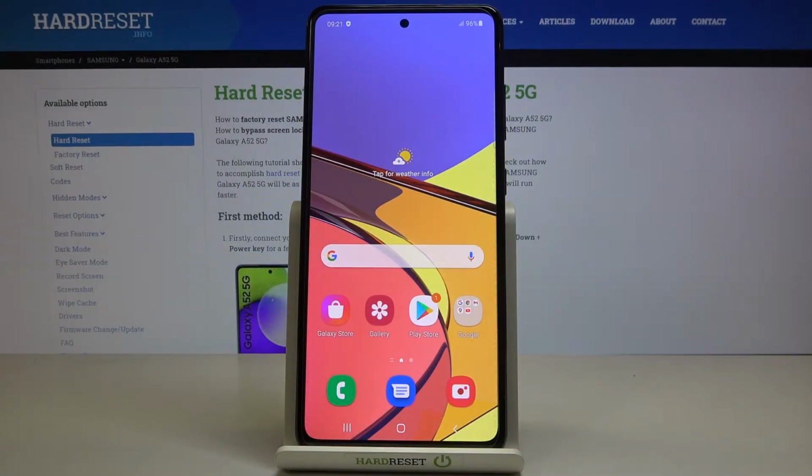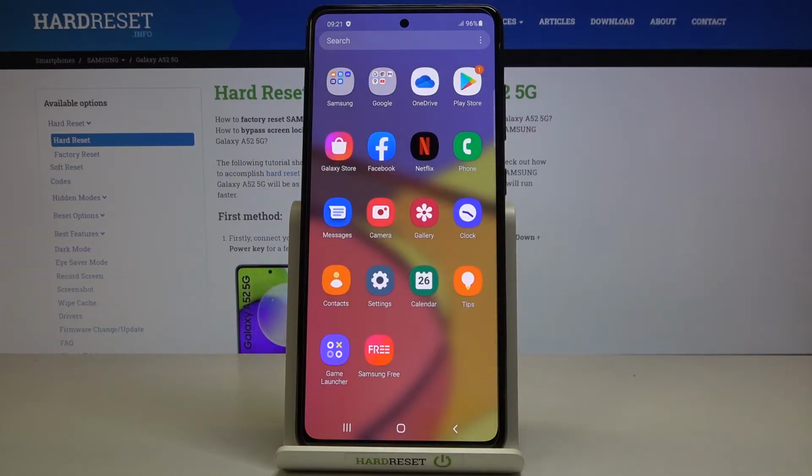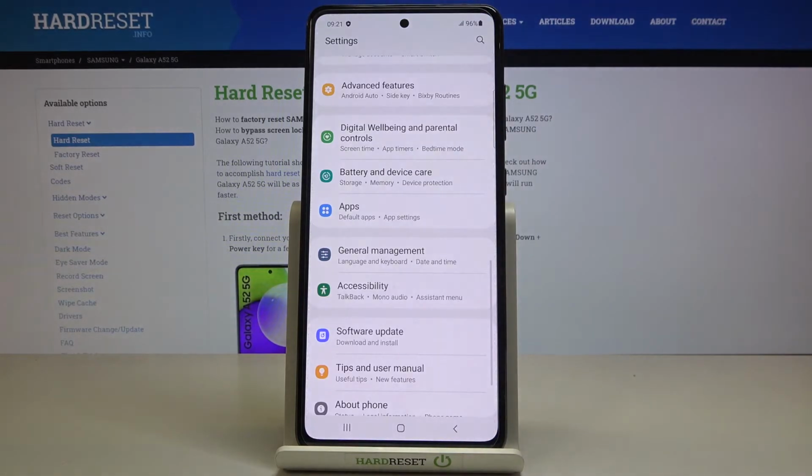In front of me is Samsung Galaxy A52, and let me show you how to activate the installation of apps from unknown sources on this phone. So at first you need to open list of all apps and go to settings. Now find and select